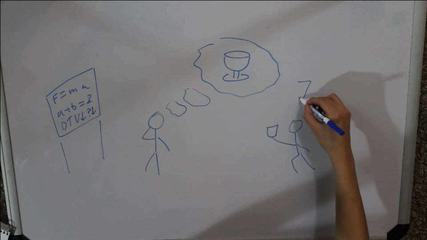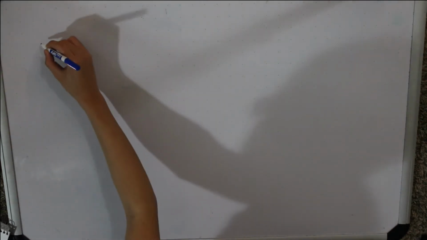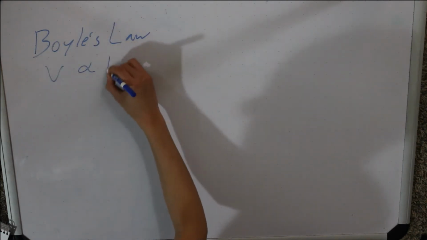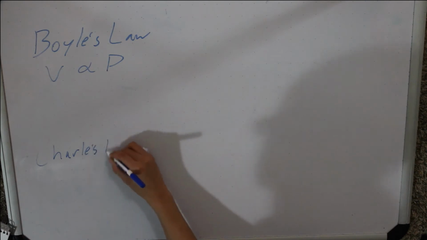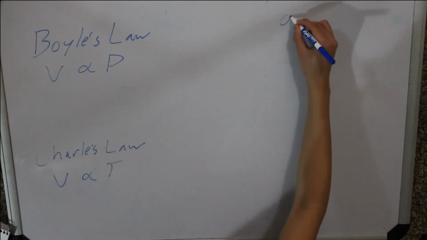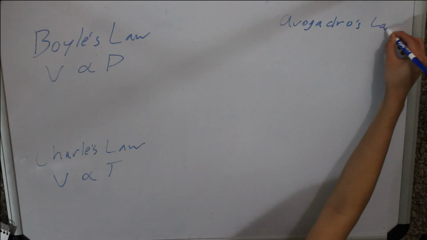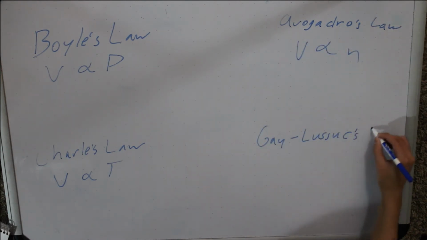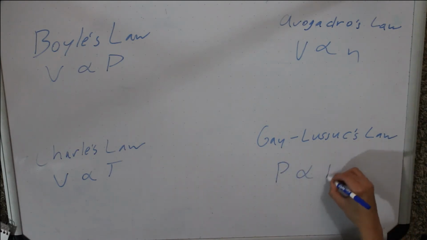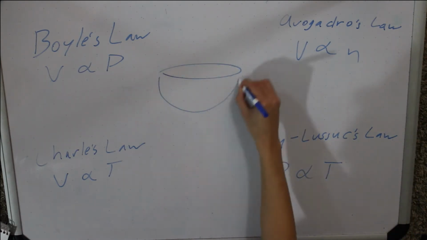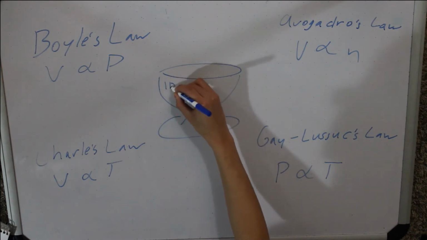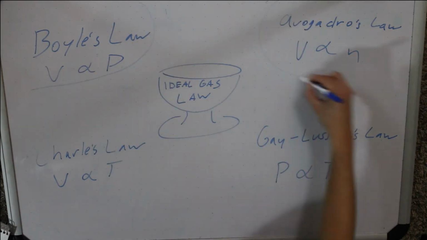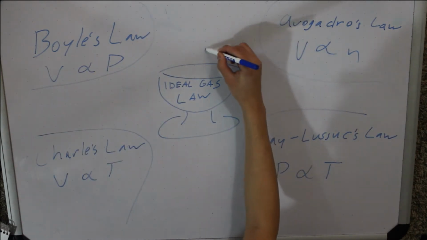Using other previously discovered principles like Boyle's law, discovered in 1662, Charles's law, discovered in 1780, Avogadro's law, discovered in 1811, and Gay-Lussac's law, discovered in 1808, it was possible, almost 2 centuries after the first component was published, for Émile Clapeyron to derive the ideal gas law in 1834. And it was perfect, so long as you ignored a few minor details like intermolecular forces and the atomic volume